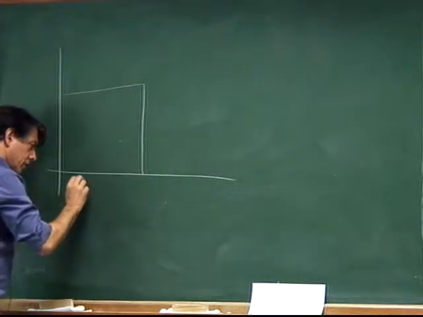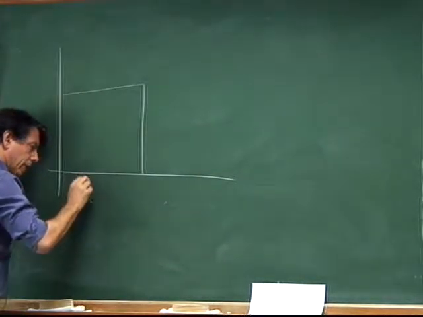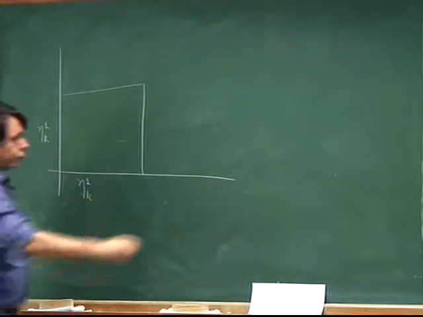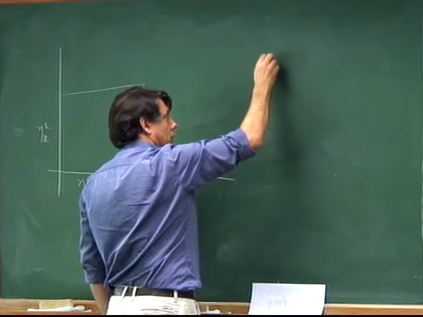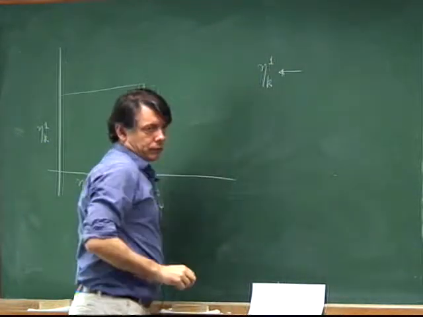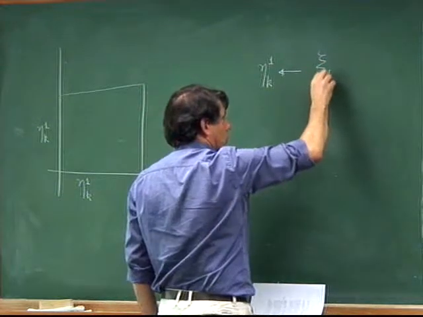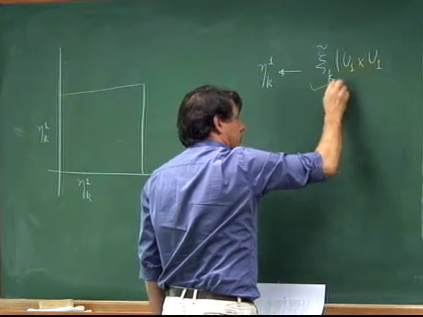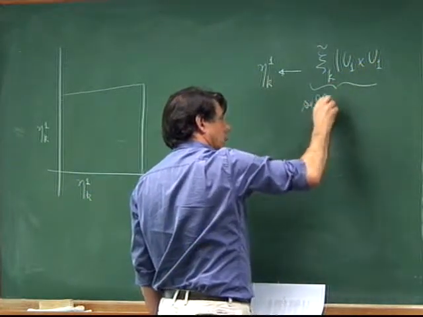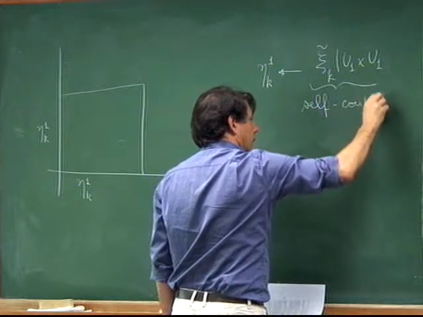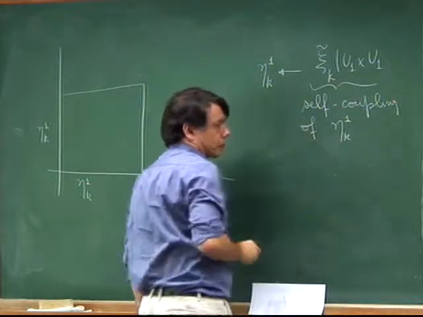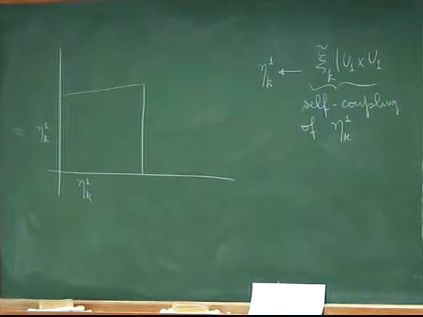We have here a measure, eta k1. And for eta k1, we have a very nice self-coupling, ck twiddle restricted to U1 times U1. This is a self-coupling of eta k1, symmetric. All my self-couplings at this point are symmetric because, by definition,